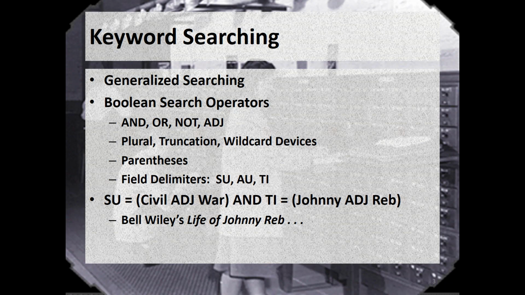In WorldCat and similar databases, you can add search limiters such as SU to tell the engine to search only the designated subject fields, AU for author only, and TI for title only. Here's an example. Using the phrase SU=(civil ADJ war) and TI=(Johnny ADJ Reb),